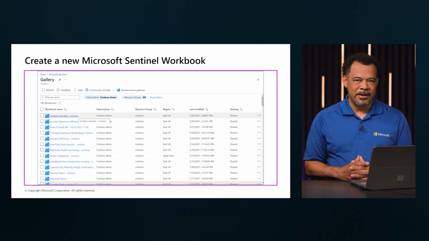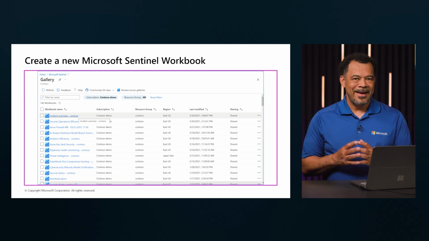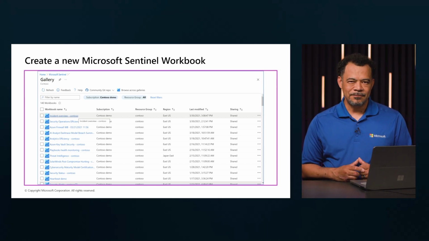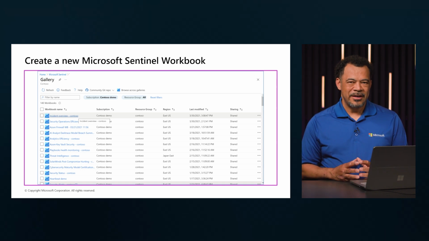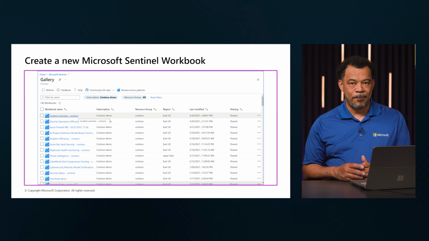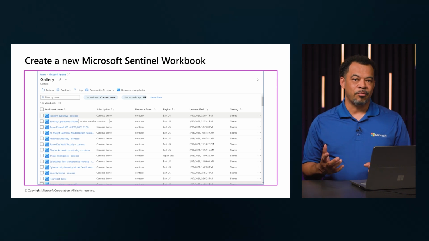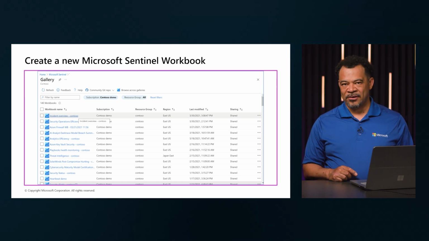Once your design is complete, save the workbook under the same subscription and resource group as your Sentinel workspace. Choose Shared Reports if you want others in your organization to access it, or My Reports to keep it private. To switch between workbooks, use the Open option in the toolbar to browse and select from any of your existing ones.